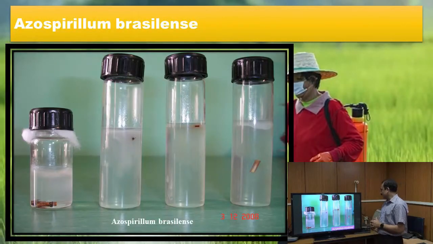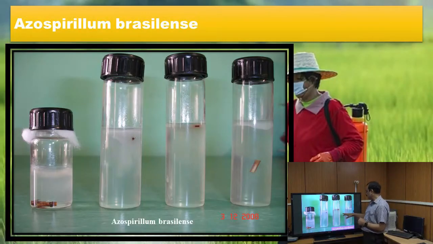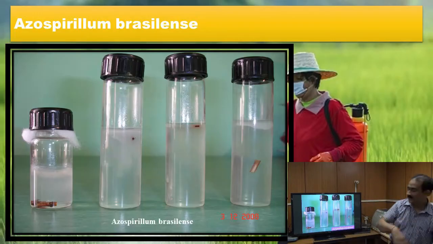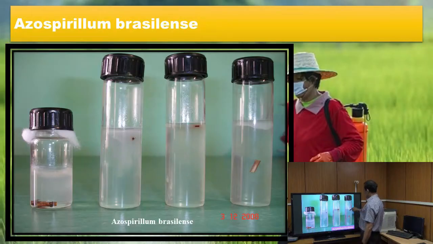You can see here, this is a very good example, isolated by myself, Azospirillum brasilense. We can cut the root and pour it in the culture media. Culture media is suitable for the growth of the Azospirillum. And you can see here we put up this root cut, and this root cut gives this Azospirillum bacteria, and